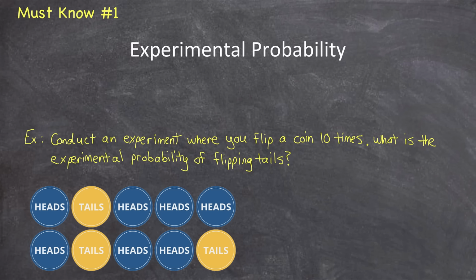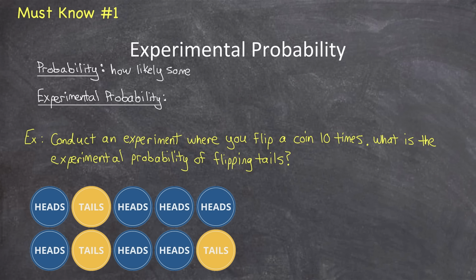And before we write down what the experimental probability of flipping tails was from this experiment, let me give you a couple quick definitions about probability and experimental probability. Probability is simply how likely something is to happen. The value of a probability always falls somewhere on a scale between 0 and 1. A probability of 0 means an event is impossible, and a probability of 1 means an event is certain to